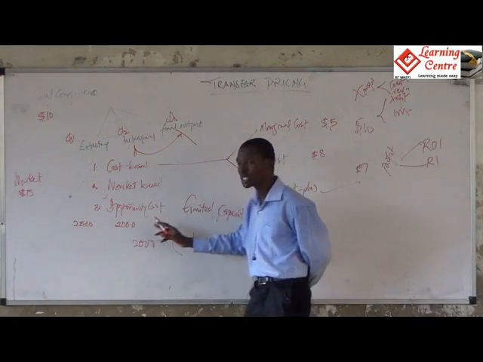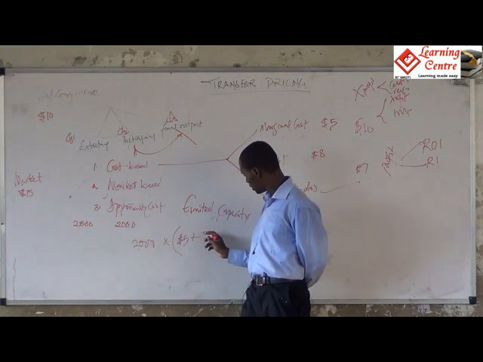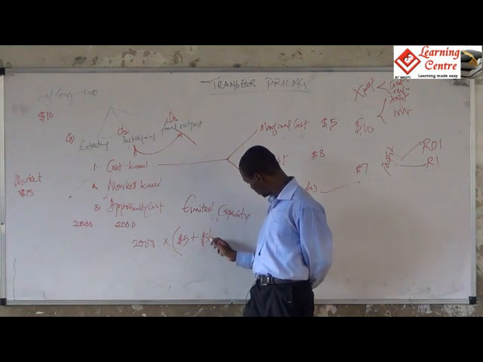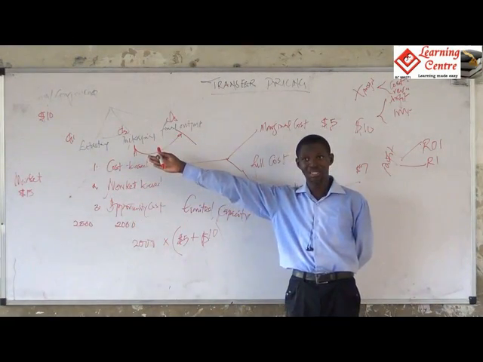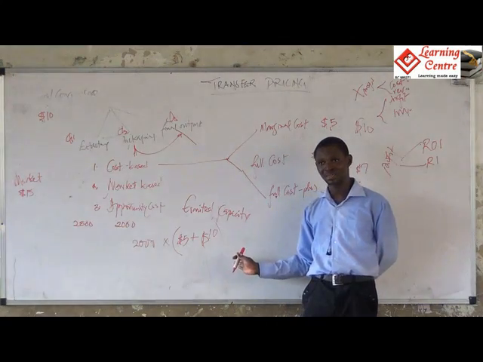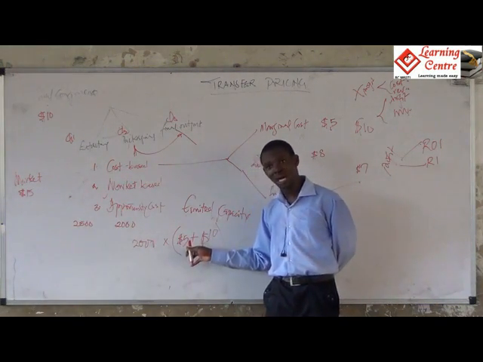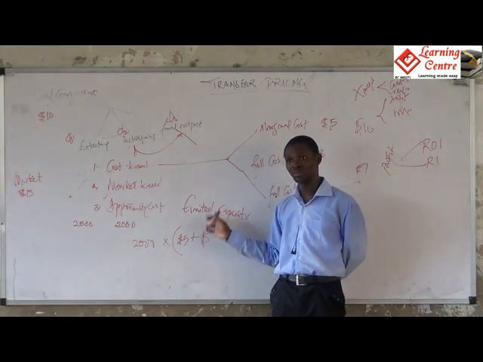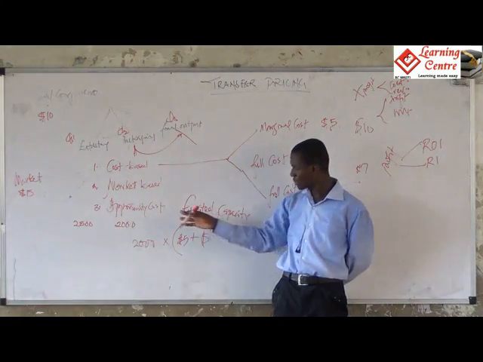Now, that is what he will lose by supplying to the internal division. So it will now be plus 10. It's almost the same thing, but this is how you're going to analyze it. This 2,000 will be sold at $5 plus the contribution lost by selling to an internal division. That's another opportunity cost.